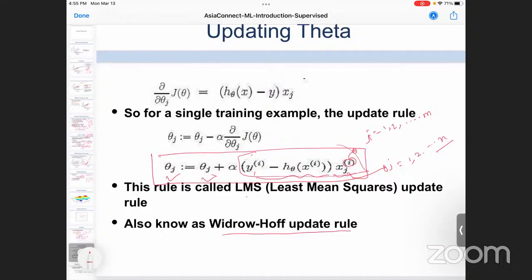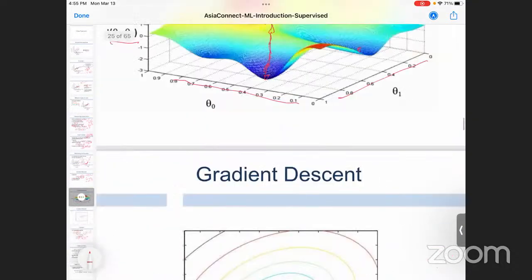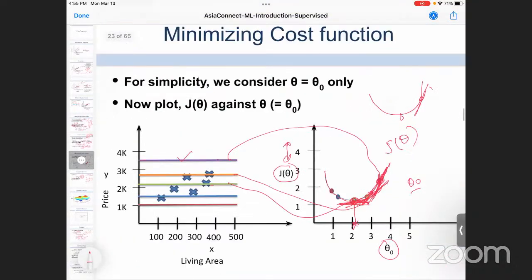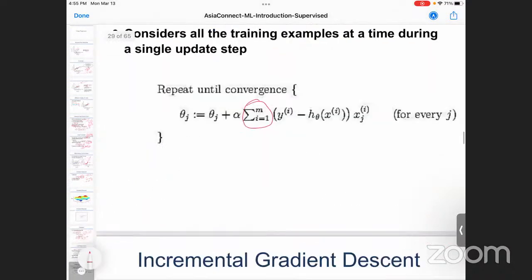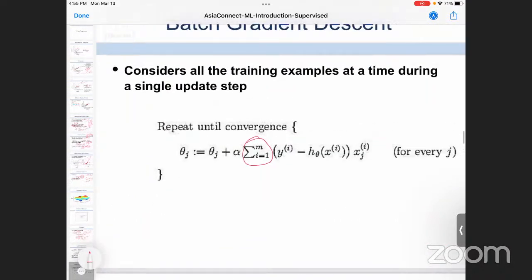But for each iteration, for each hypothesis, we are computing the error for all the examples. That's why we have to find errors for all the examples. That's why there is a summation of i equals 1 to m. For all examples, what is the error? For example 1, this is the error. For example 2, what is the error? So this is for all examples, and multiplied by the learning rate and here theta j.